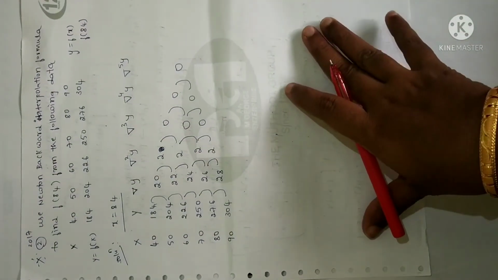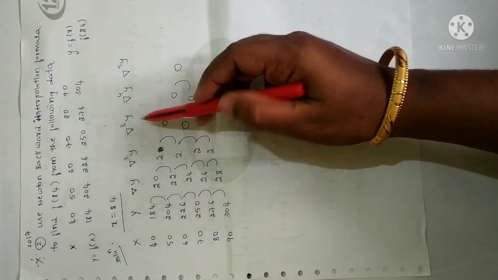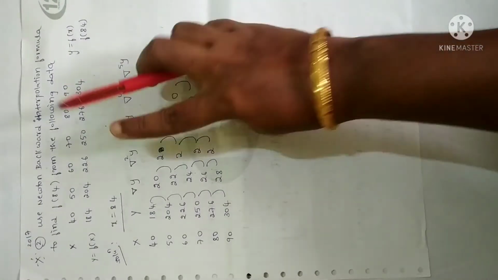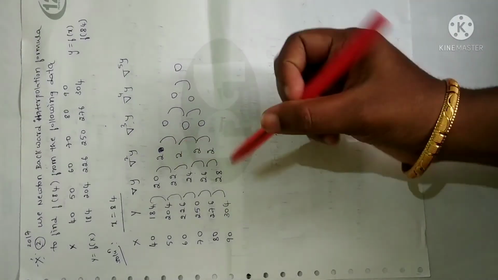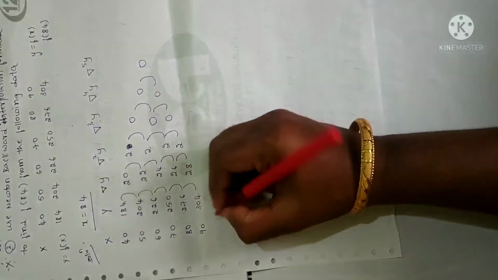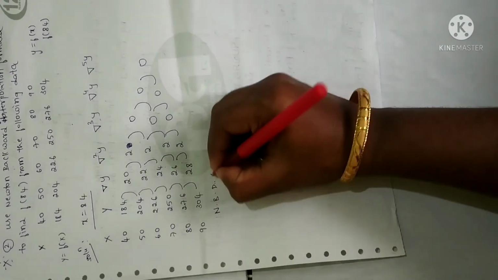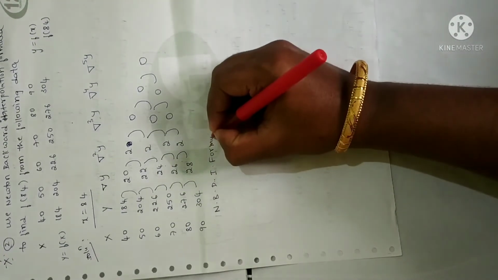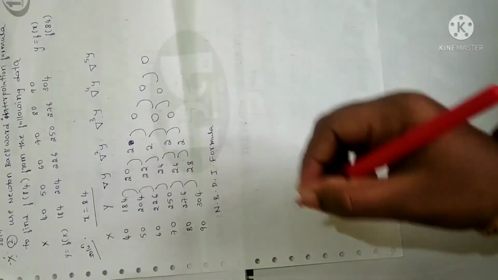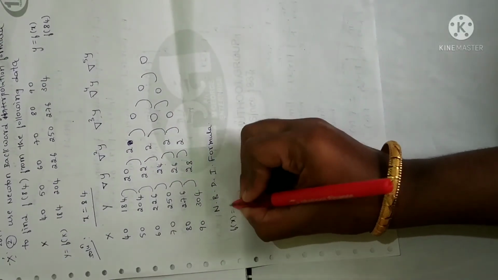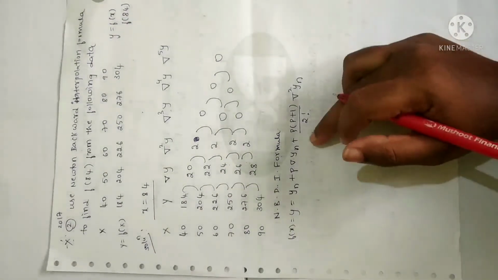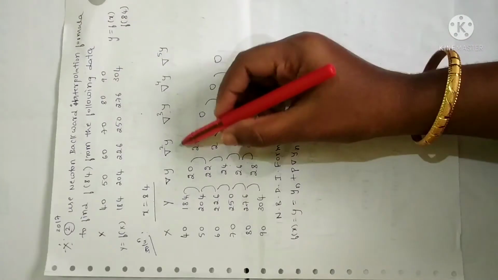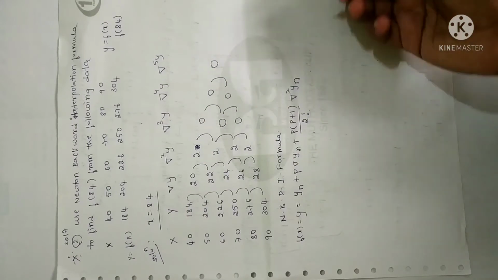So once you have constructed the backward difference table, as I already told you, delta cube y is 0. So it is enough to consider up to delta square y. We have to write the formula which contains delta square y, that is, the Newton backward difference interpolation formula. I have written it in terms of reverse delta up to delta square y. Why? Because delta cube of y is 0. Anyhow, if you substitute that, you will get 0 only.